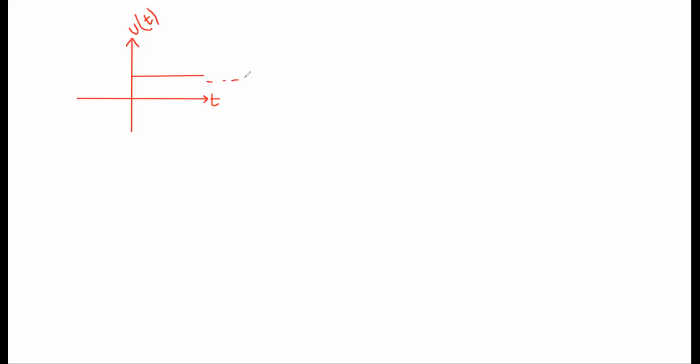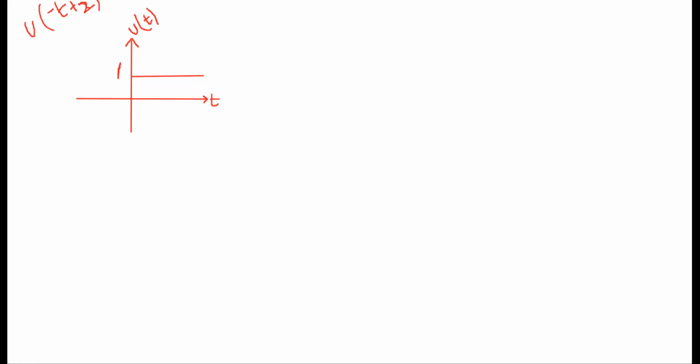So this is how the unit step signal looks like, right? Since I'm calling it a unit step, it should have unit magnitude. So the unit step signal is defined as 1 from t equal to 0 to infinity. But we are supposed to plot u of minus t plus 2, isn't it?